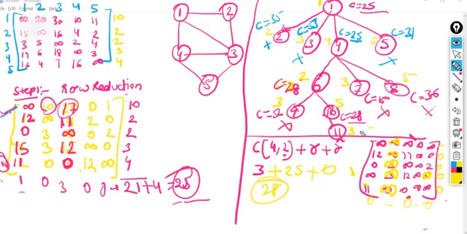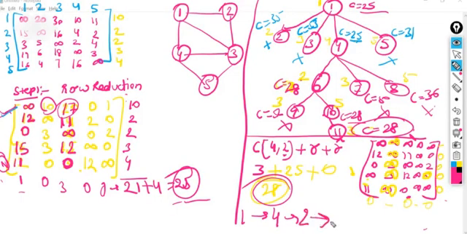So the cost with respect to this node will also be 28, right? You have to find it one by one. I have already told you the steps for how you can find it, so try it yourself. In the PPT I'm just showing you the concept here. Up to now we have found 28 as the minimum cost here. So what is the route that gives the minimum cost? 1 to 4 we have to cover, 4 to 2 we go to the second node. Then next, what do we have?